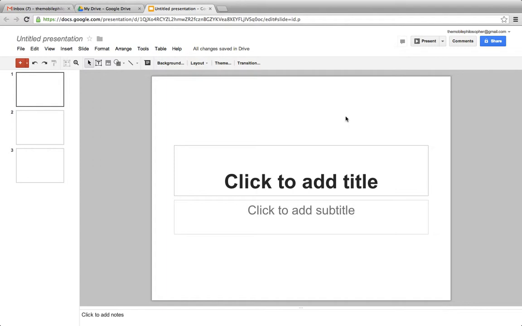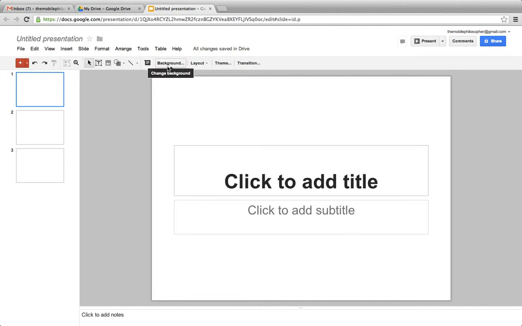This is the Mobile Philosopher, and in this video we're going to see the basic functions of Google Presentations. A lot of the stuff you can find here you can find in PowerPoint, but so that you don't have to look around for all the options, I'm going to show the main ones that most people ask about. So right here we have a couple of these slides, and we can very quickly change